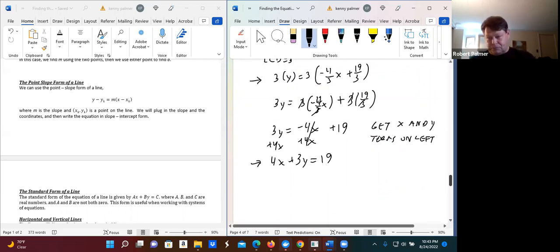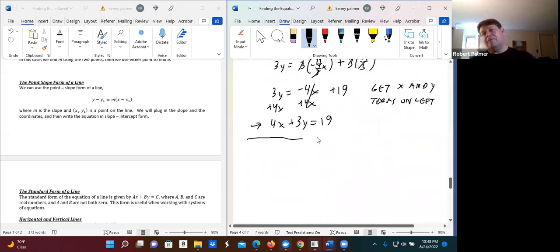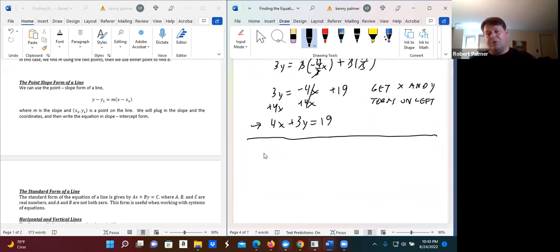Now, let's do one more version of this. Let's actually start with another line. Let's do an example where we want to write in slope intercept form. Okay, so let's go back the other way. So let's do an example of, let's see if I make one up. Let's do